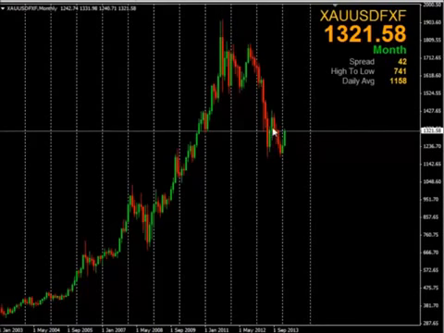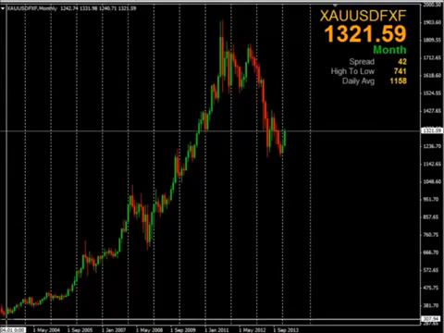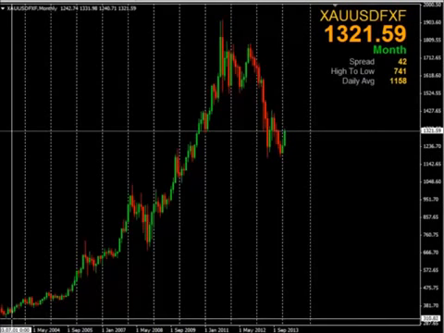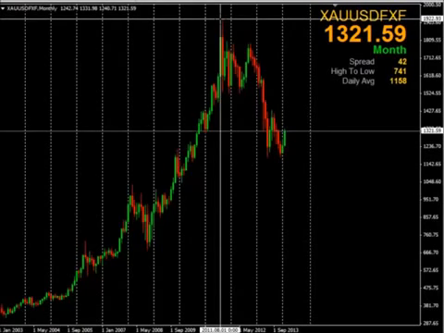Each of these red and green candles is a month, and the distance between the white dashed lines is a year. So you can see all the way back to the left, way back in 2003, the price, if you look on the far right and the bottom, is about 310. So in 2003, it was about $310. It went all the way up over here in 2011. It hit around about